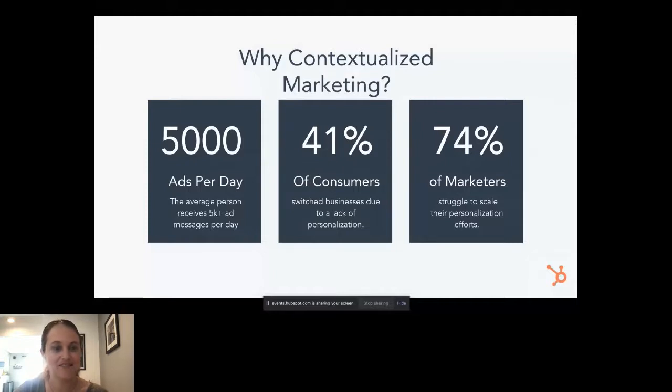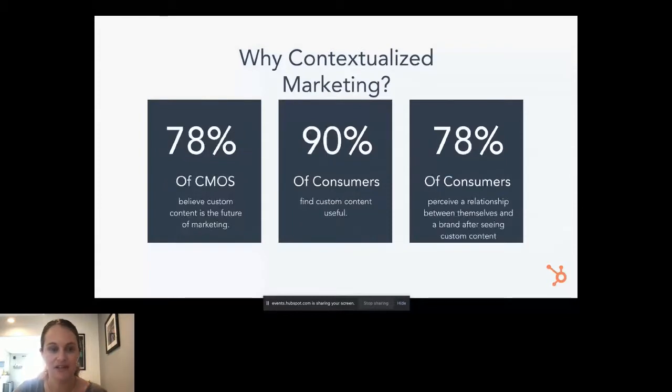First is the average person receives 5,000 ad messages a day or more. 41% of consumers switch businesses due to a lack of personalization, and 74% of marketers struggle to scale their personalization efforts. 78% of CMOs in 2021 believe custom content is the future of marketing, so it's something that's really important to the C-suite. 90% of consumers find custom content useful, and 78% of consumers, so same number there, perceive a relationship between themselves and a brand after seeing custom content.